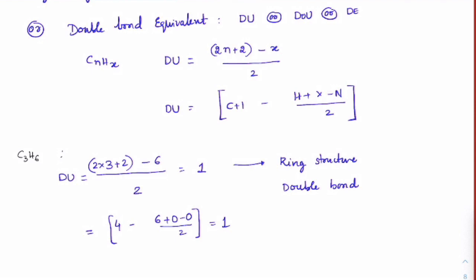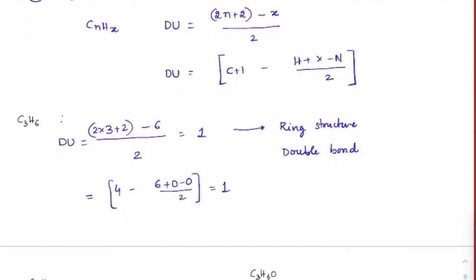The best part here is, suppose the question asked to you is what are the different isomers of C3H6. If you come across C3H6, you will be asked the total number of isomers it can have. Isomers are molecules having the same molecular formula but different structures. So if you see C3H6, based on the degree of unsaturation, there should be one double bond equivalent or one ring structure.